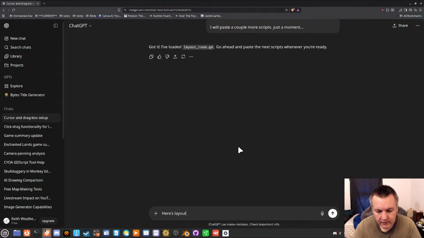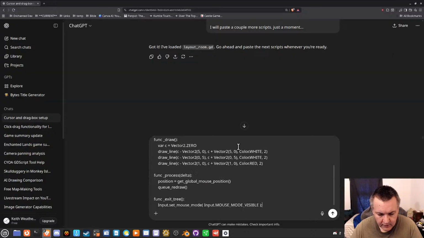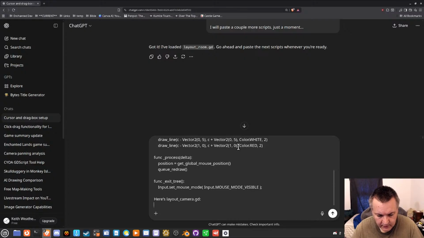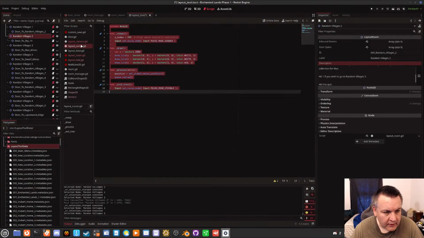Here's layout cursor.gd. Here's layout camera.gd. And we're gonna go to camera.